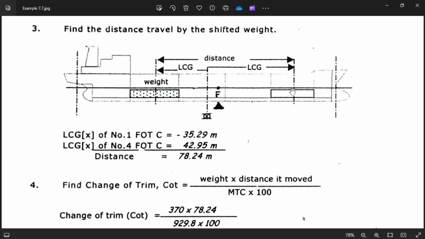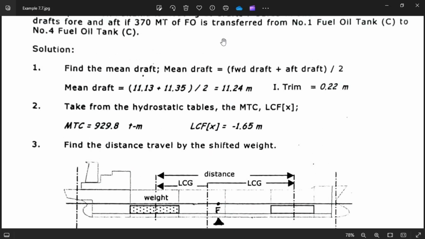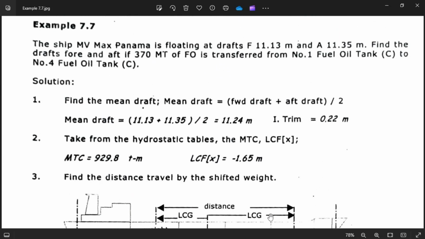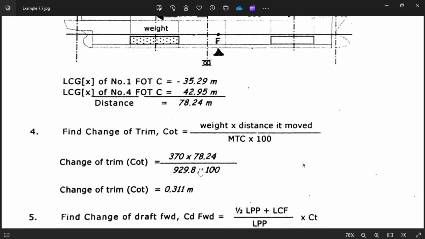The distance from FOT number one shifted to FOT number four. Okay, so the distance is 78.24. So the weight is 370, which is this one, times the distance it moved, 78.24, which is this one,